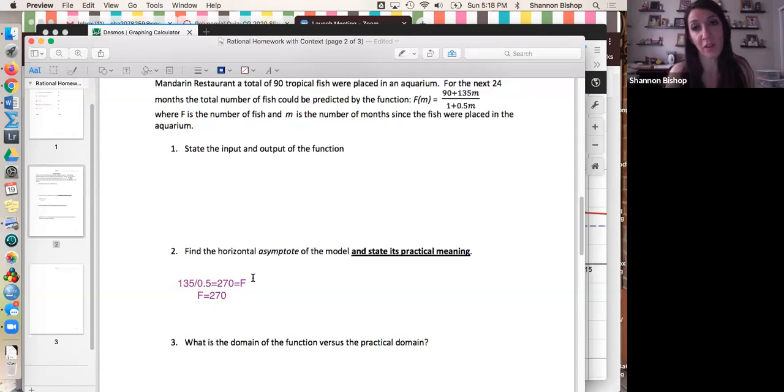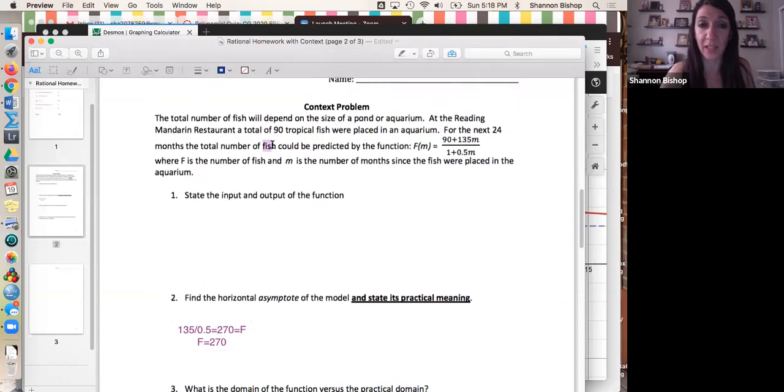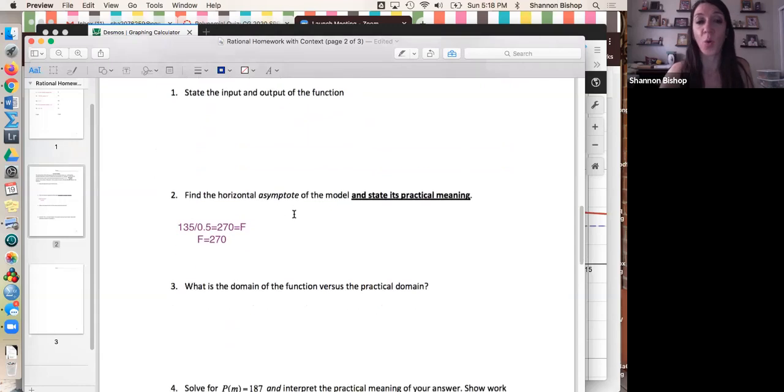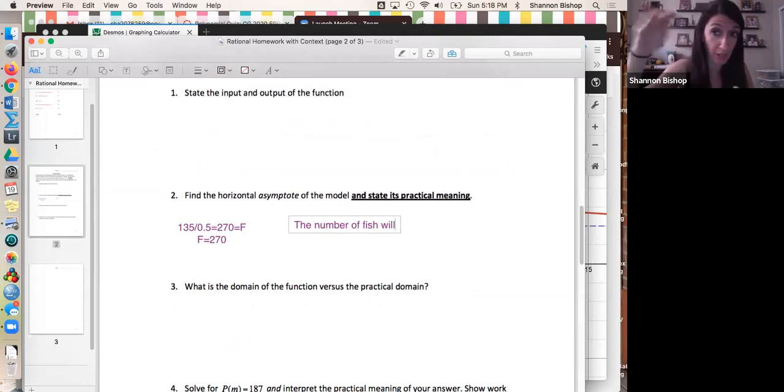If you were to graph this function, which I encourage you to do in Desmos, we will in a minute also, you're going to see that it's increasing, but it's not increasing indefinitely. It reaches an upper limit. We're talking about the letter F right now, which stands for fish. So when you say that the horizontal asymptote is at F equals 270, what you're saying is that the number of fish will not actually reach 270. Remember, that's the barrier, but it will approach